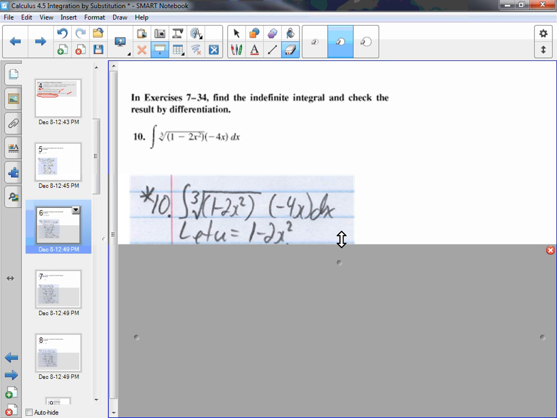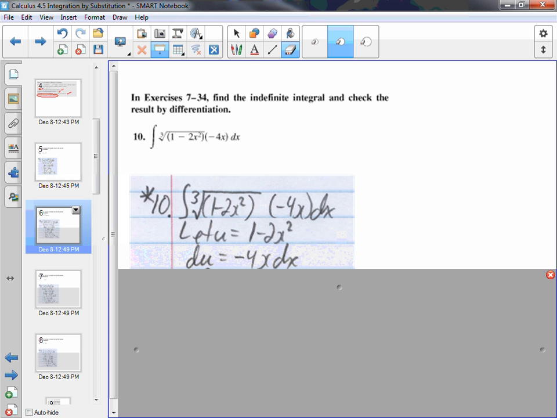Now, that's not a rule forever. That's what usually happens. Okay? So we let u equal 1 minus 2x squared. Now we compute du. We figure out what du has to equal. If that's the correct u, then there's only one correct thing for du to equal. So du equals, then you take the derivative of 1 minus 2x squared, and you get negative 4x dx. And now we make the substitution. So the integral sign